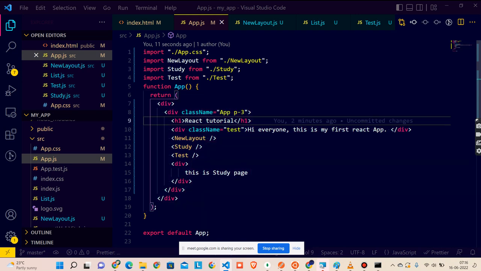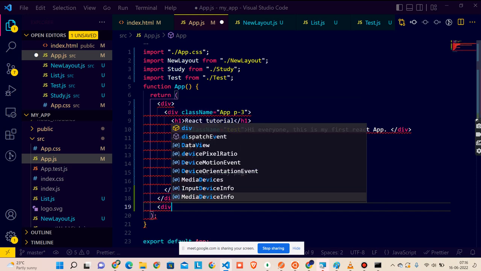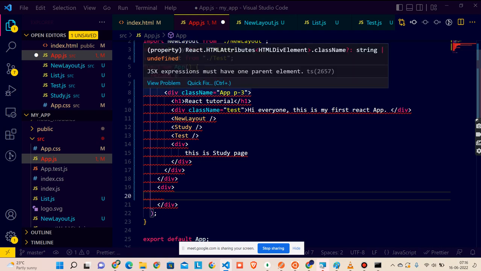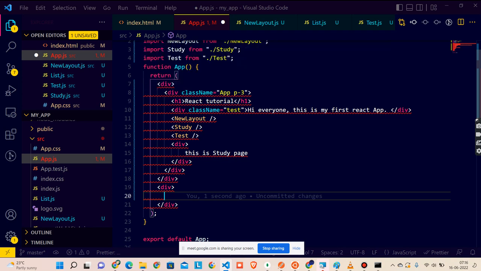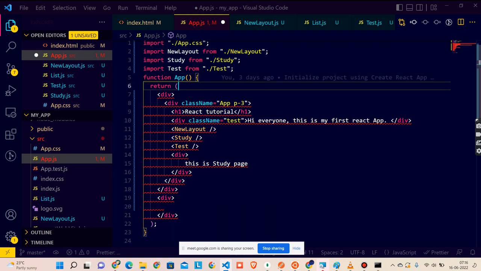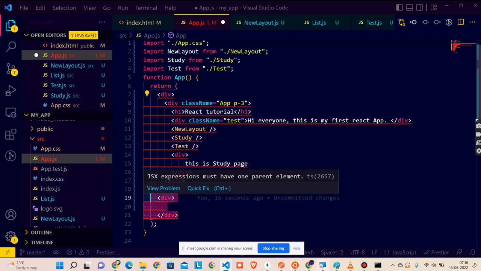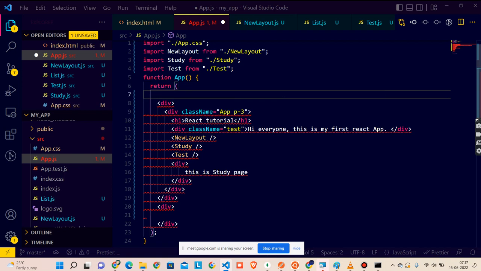Okay, so the main principle is JSX expression must have one parent element. It means in JSX, if there is any function or return function, you cannot return two elements at the same time, right? Like here, there is one, after that there is one more, two. So every time you have to send one. How will you do that? Either you will wrap it like this,